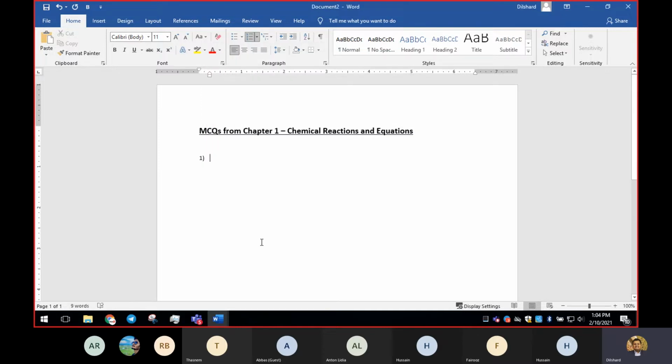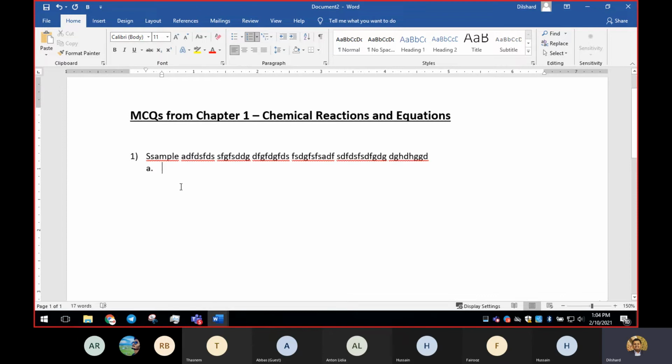Okay. So here I'm going to type a sample question. But I can read, so don't write. Now if I press enter, you can see question number 2. I'm not going to type question number 2. I'm going to give some options to select MCQ answers from for question number 1. So I'm going to press the tab key on the keyboard. You will be taken into the second level. So now you can type some answers.